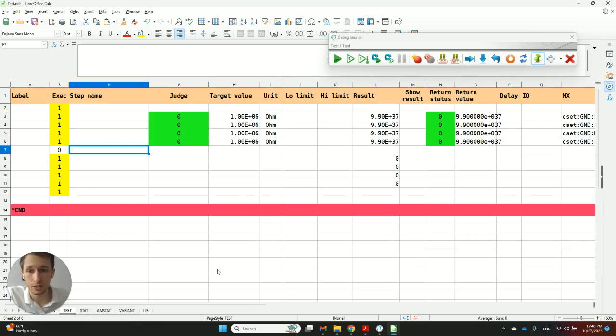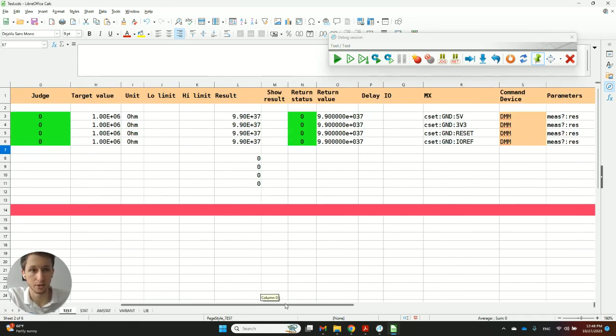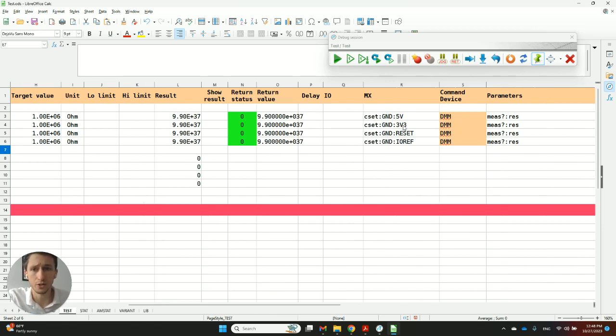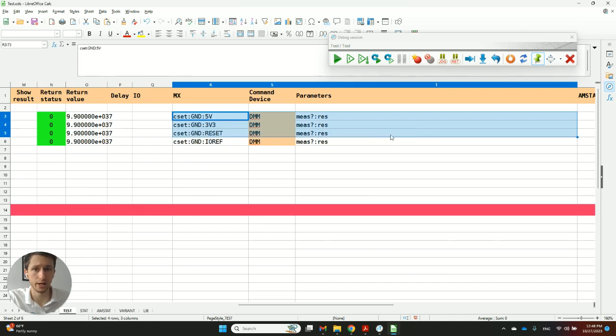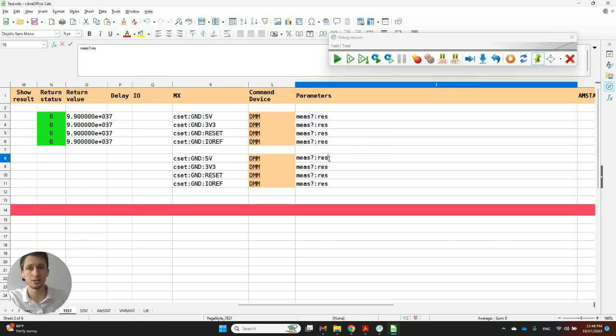And now, since we confirm that none of the pins are shorted to the ground, we can go ahead, power up the device, and verify that it powered up correctly by reading the voltage on all our pins and making sure that it matches our specification. So to do that, we'll essentially follow the same test sequence. So we can just go ahead and copy our previous steps. But in this case, instead of resistance, we will measure voltage. We will change that for